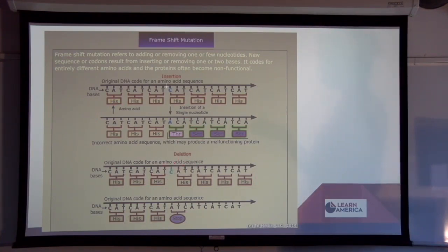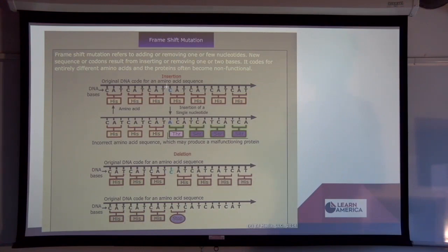Deletion is another type of mutation. Let's take a look, CAT, which codes for histone. The C gets deleted out, so that leaves you with ATC, which is the code for stop. As translation is taking place, there will be a code for stop,